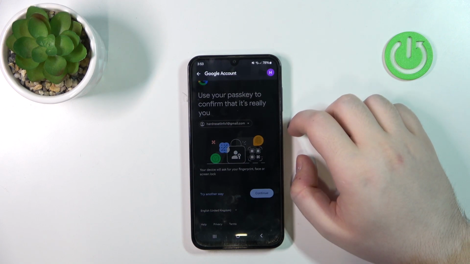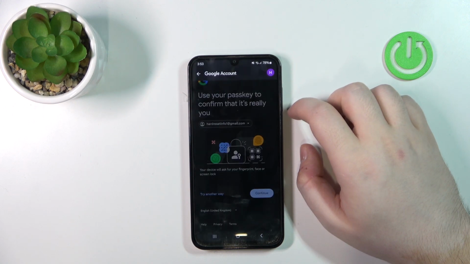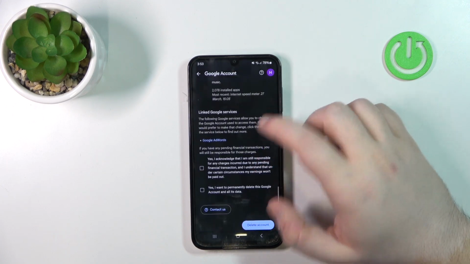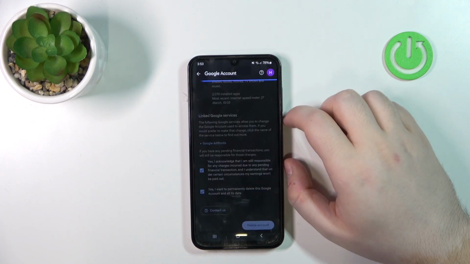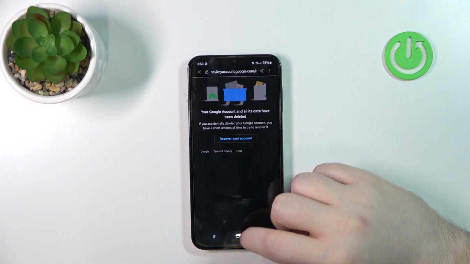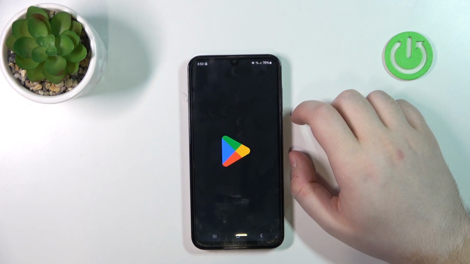Now click continue and now you have to enter your lock screen pattern. Now scroll down and check these two checkboxes and click delete account. Now your Google account has been deleted, so let's recover it by opening, for example, Google Play Store and then